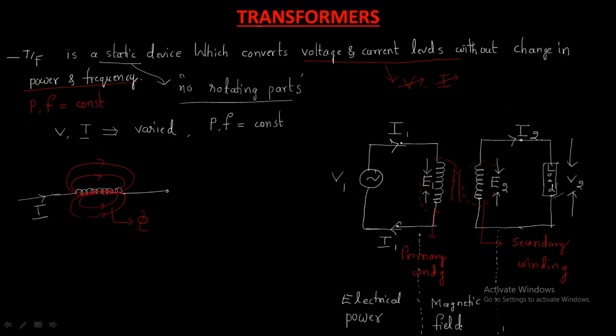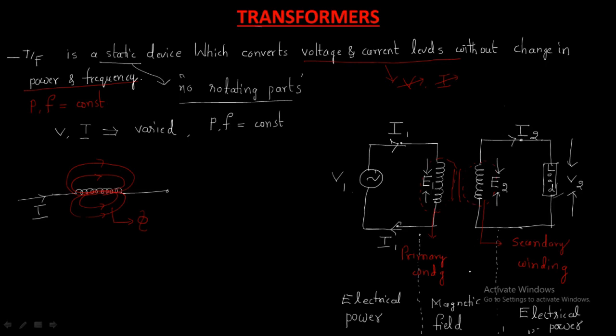Why is a magnetic field required? Power can be transferred through the air by the magnetic field, but current is not possible there. Again this magnetic field is converted into electrical power. Understand? So in this transformer, first electrical power is given as input. In the middle of the process, this electrical power is converted into magnetic field or magnetic power. Then the magnetic power is again converted into electrical power. That electrical power is supplied to the load.